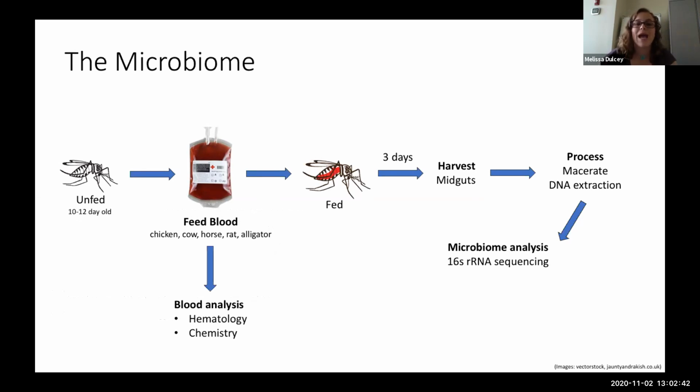And then after 3 days, after feeding off the blood, which is enough time in which the microbiome is much higher, but all the blood has been digested in the mosquito, we then dissect out the midguts, we break them up, and we do a DNA extraction, and we send that off for high throughput sequencing using 16S ribosomal RNA, and that is a section of the genome that is highly conserved amongst bacteria, but also has hypervariable regions that allows us to hone in on the genus level of the bacteria that's in the microbiome.